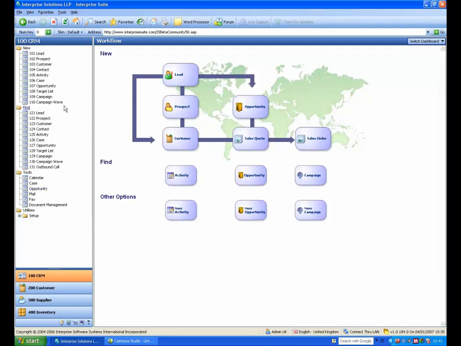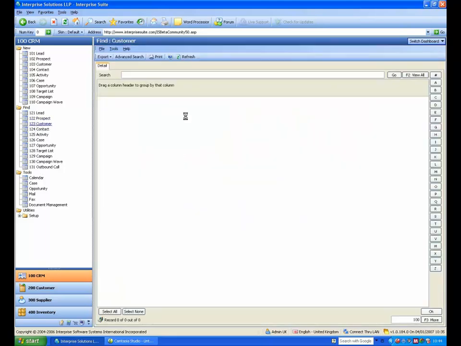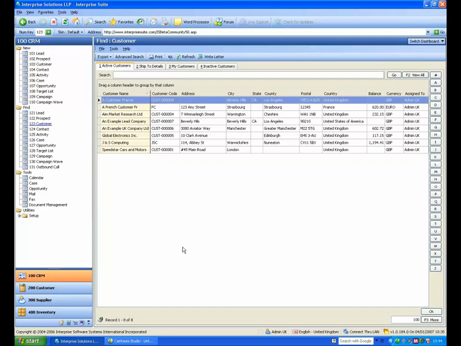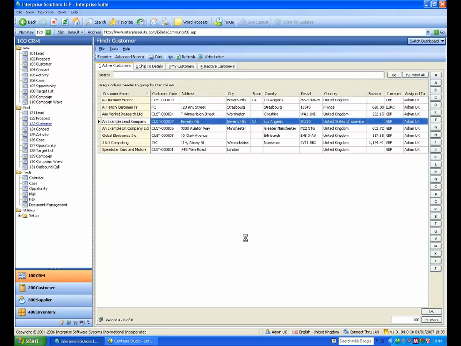So you get used to the menus. Okay, we've got new and we've got find areas. New, obviously, is new lead, new customer, create a new company, a new activity, and find is when we actually find them. Okay, so if I, let's say, click on find as an example, it will pop up a list of customers, and if I open one up just by clicking on it,